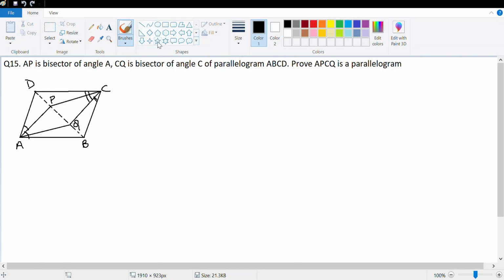Hi guys, let's look at the next question. Next question we do is question number 15. So let's see what is given. AP is bisector of angle A. So if this is X, this is also X. And CQ is bisector. We already know that